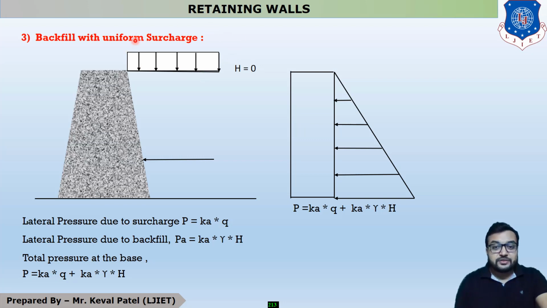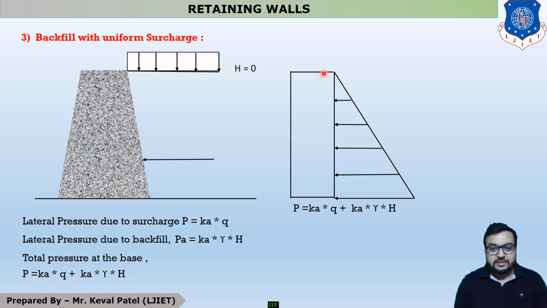It is denoted by small q. Okay. So this is your retaining wall. Backfill is provided over here. So on the retaining wall, there are two types of forces now. First one is surcharge, which comes from the upward direction. And whenever there is surcharge on the top of the retaining wall, it is distributed equally throughout the span.